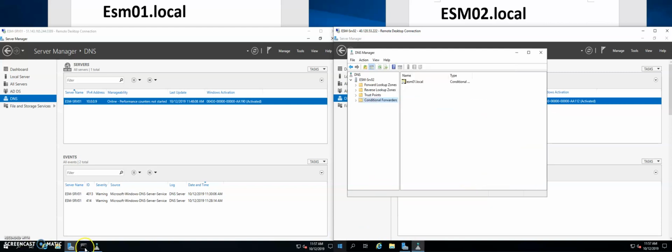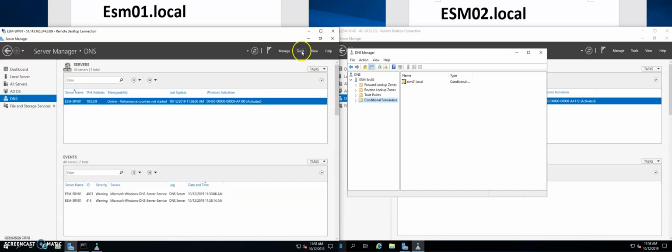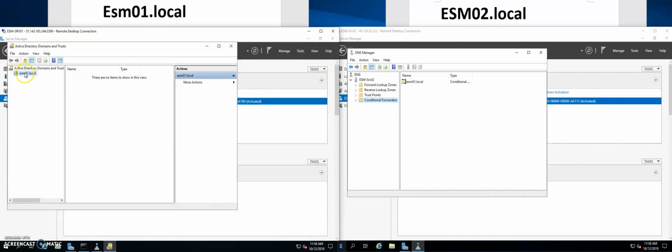So for the evaluation, if we open a DOS prompt from the left hand side domain, which is esm01, we ping esm02.local, we should be able to do it. Right. So now let's open the Active Directory Domains and Trusts to create a trust between the two